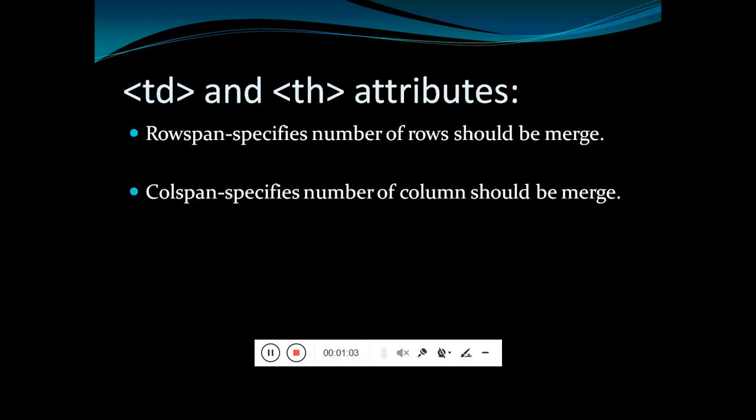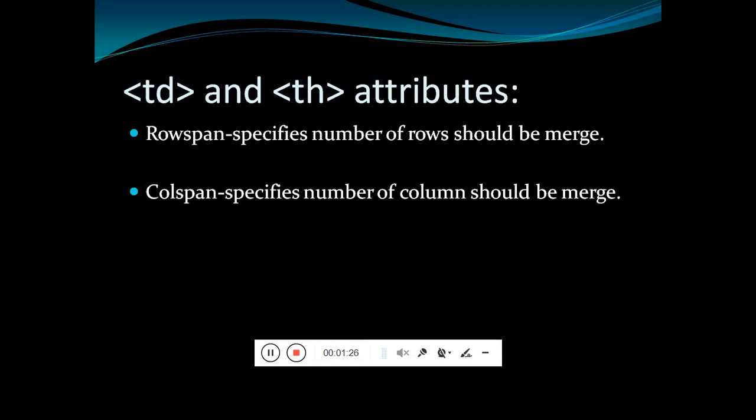Now that we can do by using the tag that is called your td and the th. What are the attributes we use for doing the merging? That is your row span and the col span. Simply the row span is nothing but merging of rows in a table, or we can say it specifies the number of rows that should be merged.